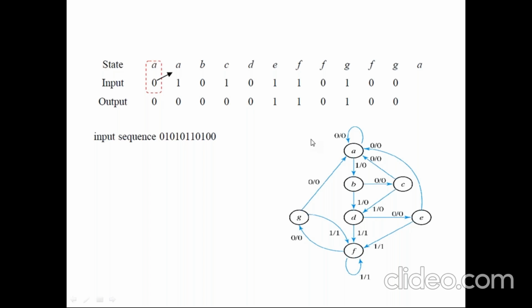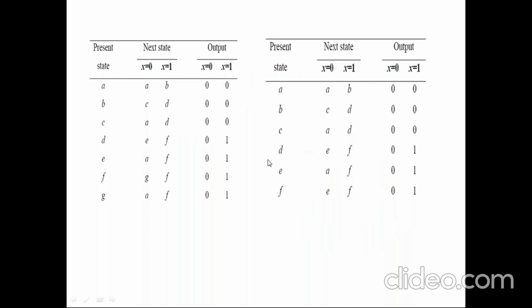After reduction also, if I get the same output for this input sequence, then I can say my state reduction is correct. So now the next state, how I can get, that is the next stage of the state table. I already told you, if you compare the next states of E and G, they are going to the next states A, F, that is, the next states are equal, and also the output produced by the states E and G are also equal. So I can club these two states together.